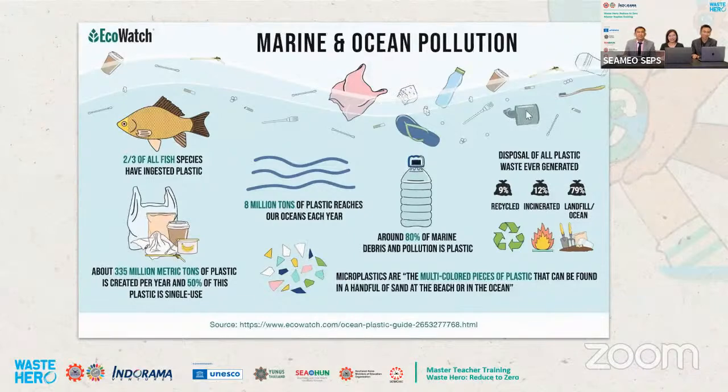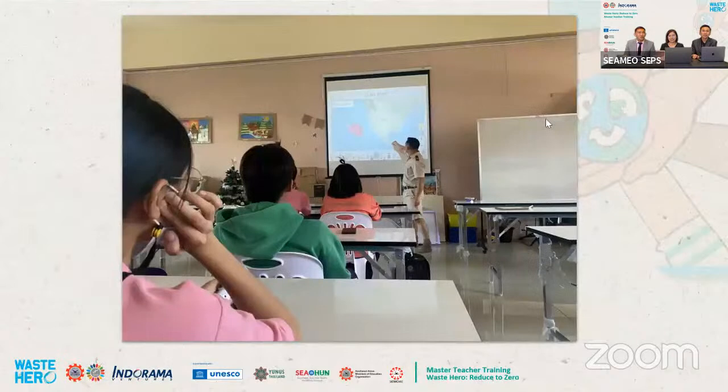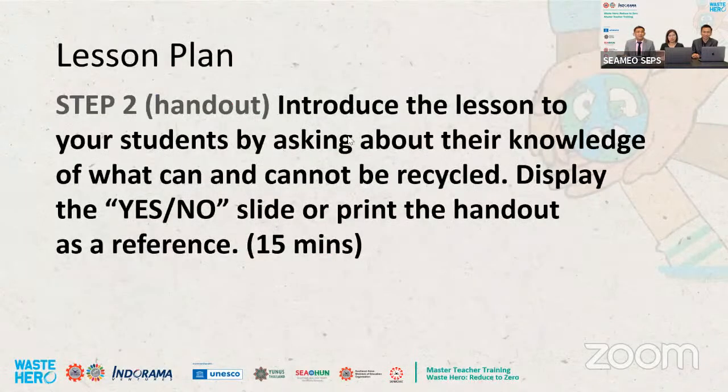So these are pictures of what really happens. Can you see the ocean-bound waste in the middle of the ocean? It's like another country, I think. Maybe it's bigger than Thailand. It's a really big issue. Imagine how marine life survives in those areas. It affects a lot of people who live there, and the marine life affected by this ocean-bound waste. It's a lot. So step two, I introduce the handout.